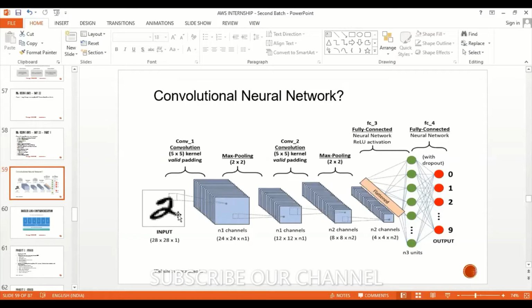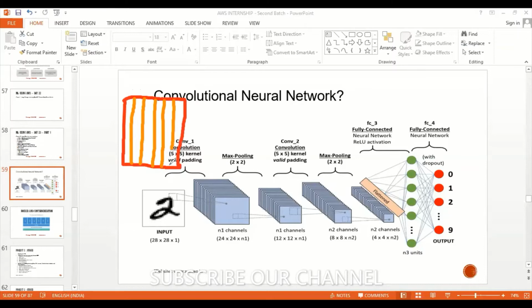So next, hold on, let me take the annotation to explain this. Let us imagine that this is the image you take. If I want to recognize this image, I'll try to convert this complete image in terms of small cells, which are called bits here. Understood? So it looks like this.